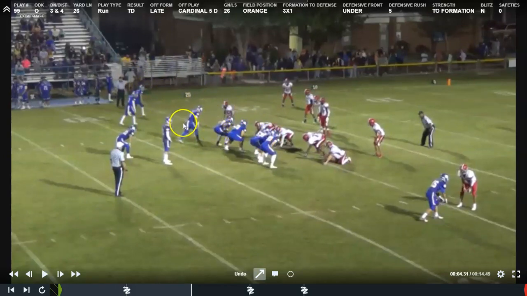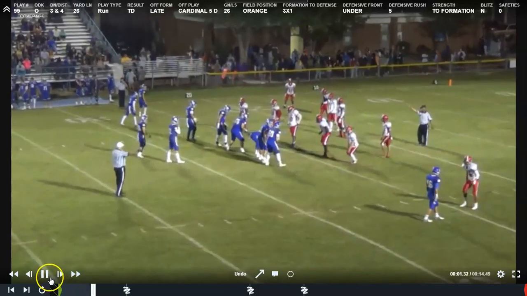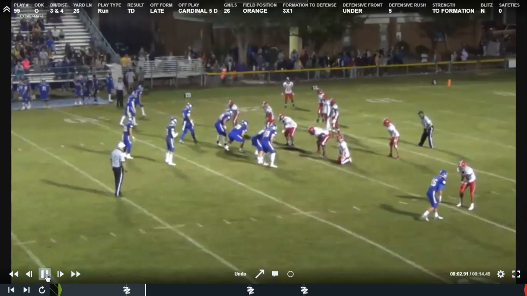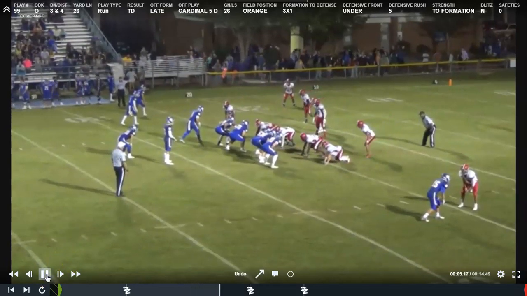We've actually got trips left called. He decided to move down just to help. This was not a call. He just is a senior and he did it on his own. But I kind of want to show you how this works out in this situation. Okay. They're going to try to take this play side 5 technique and really screen him down to disrupt the play here. And if you watch it as we snap the ball,